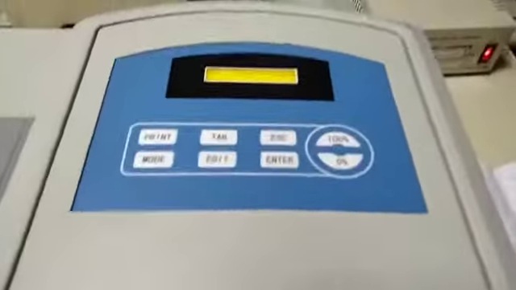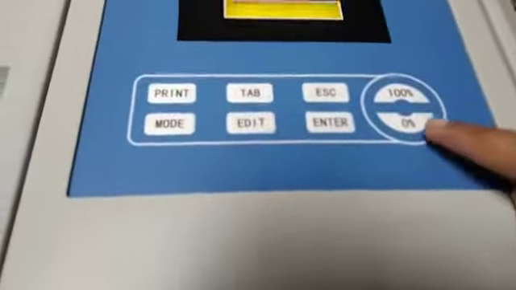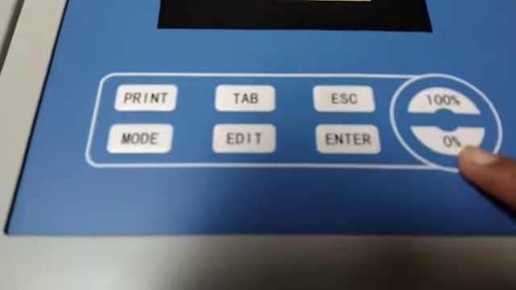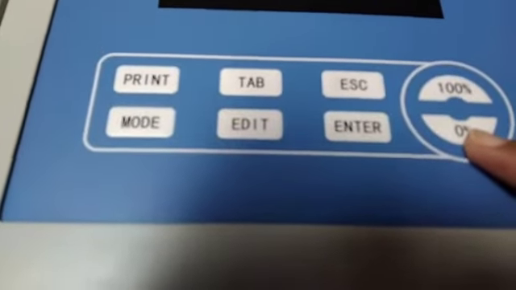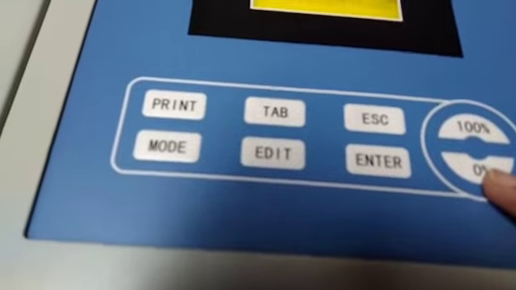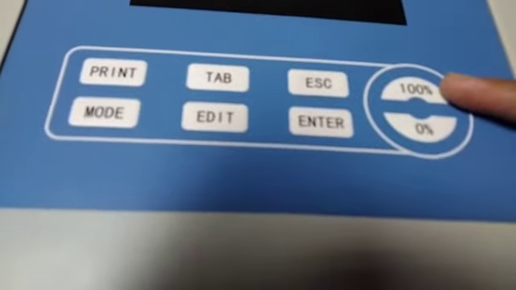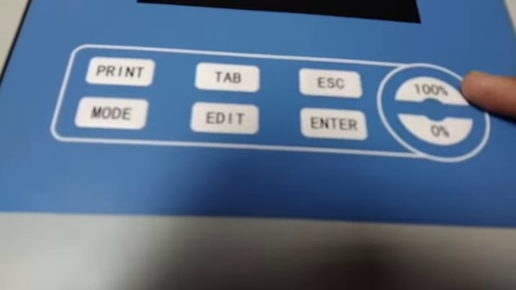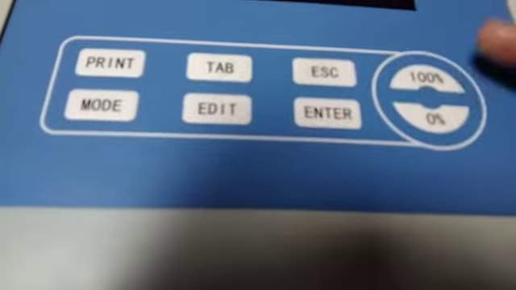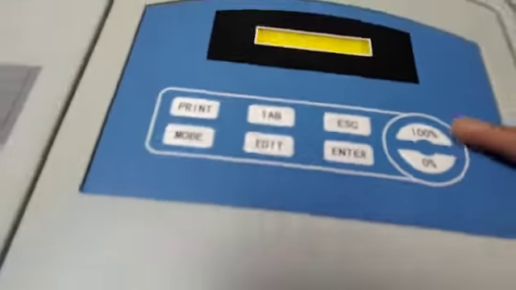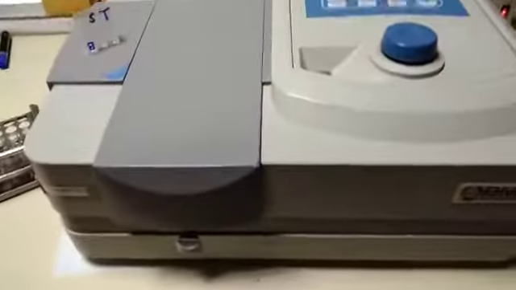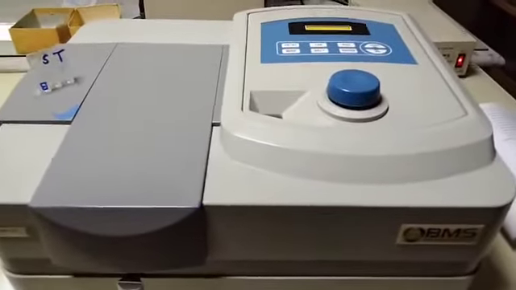One thing I should repeat: on the light blocker you will press 0% to identify there is no transmittance through that light blocker, and upon the blank, which is a transparent thing, maximum light can be transmitted through it, so that is why you are going to press the 100%. So this is the spectrophotometer and its working.